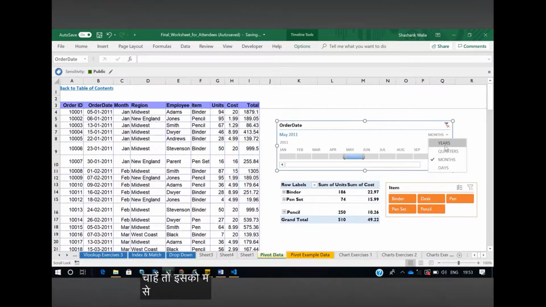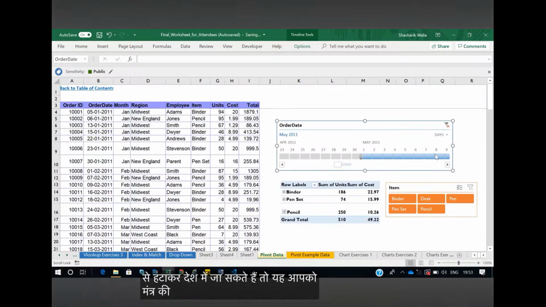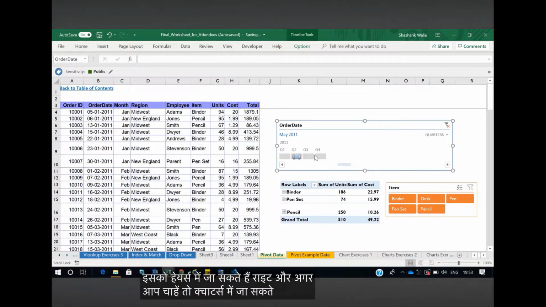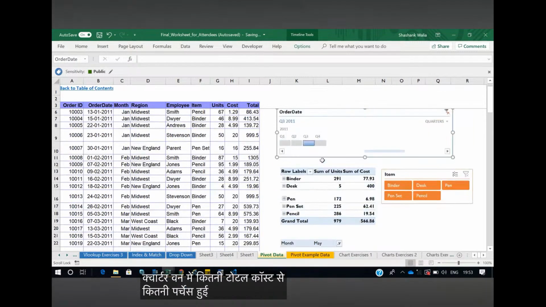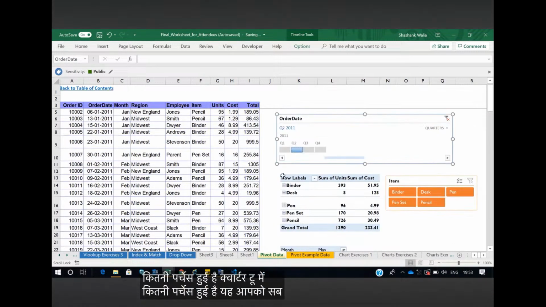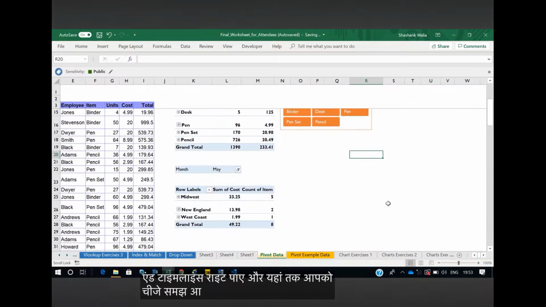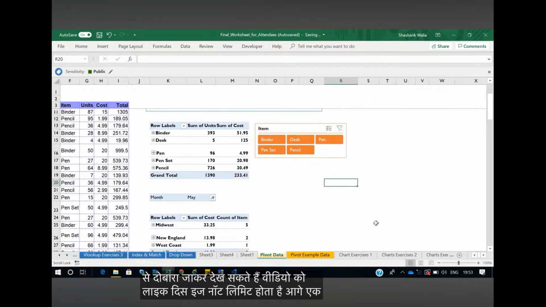और अगर आप चाहें तो इसको मंथ से हटाकर डेज में जा सकते हैं, तो ये आपको मंथ के पूरे डेज दिखा देगा। आप चाहें तो इसको ईयर्स में जा सकते हैं, राइट। और अगर आप चाहें तो क्वार्टर्स में जा सकते हैं, क्वार्टर 1 में कितनी टोटल कॉस्ट थी, कितनी परचेज हुई है, क्वार्टर 2 में कितनी परचेज हुई है, ये आपको सब दिखाएगा। सो दिस वे यू कैन ऐड योर पिवट टेबल्स, स्लाइसर्स एंड टाइमलाइंस, राइट। आई होप यहाँ तक आपको चीज़ें समझ आ गई होंगी। अगर नहीं आई हैं तो आप दोबारा जाकर वीडियो देख सकते हैं, राइट। देयर इज नो लिमिट फॉर दैट।